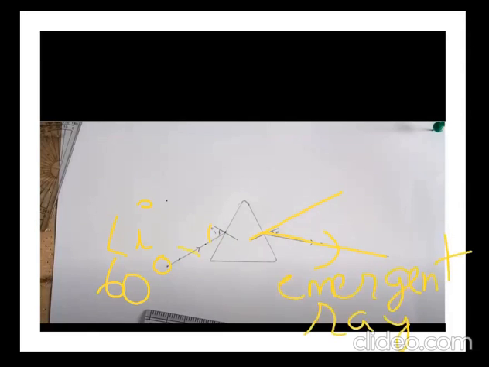ये कौन सी रे थी? इस तरफ लेफ्ट हैंड साइड इंसिडेंट रे है ना बेटा. और ये कौन सी रे है? इमर्जेंट रे. इमर्ज हो रही है, बाहर आ रही है, राइट चिल्ड्रन? And if we join, children, here, if we join the inside here,